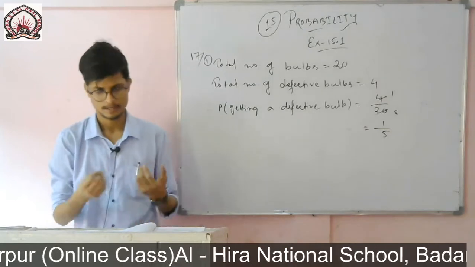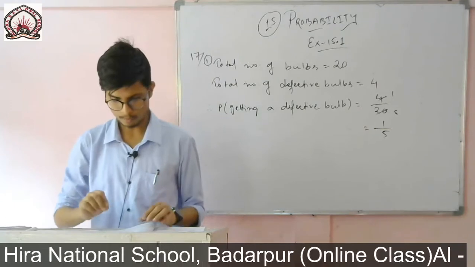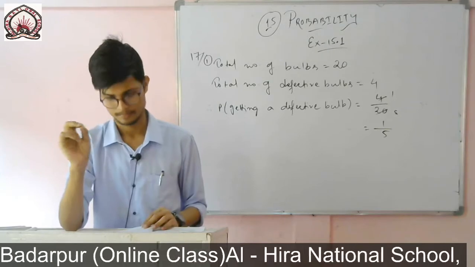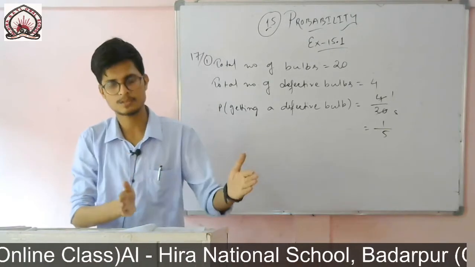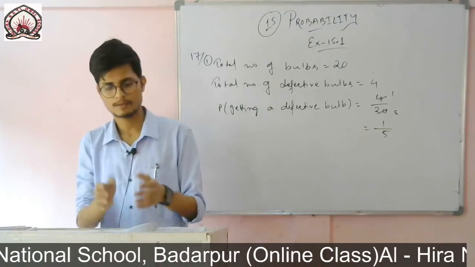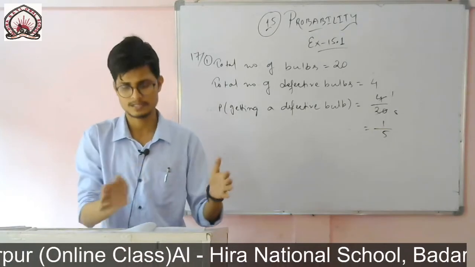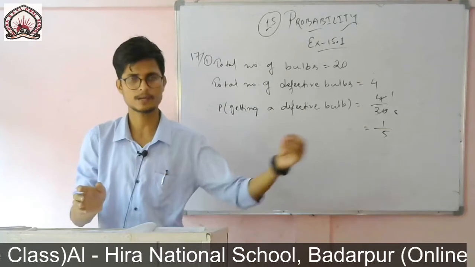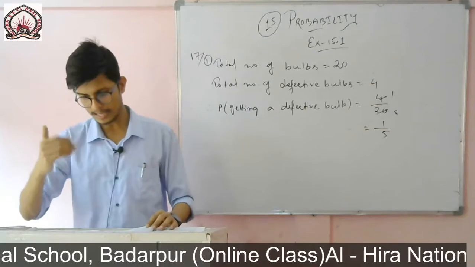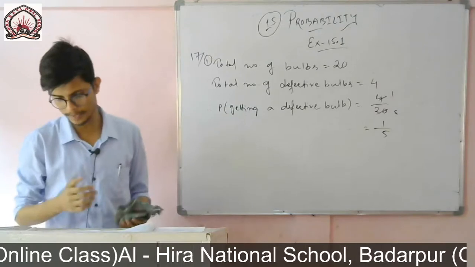So in Roman number 1, there were 20 bulbs. Out of which one bulb is chosen and it was found that it is not defective. So I have removed this one. Leaving this one bulb, how many bulbs are left? There were 20 bulbs. One bulb I have chosen, I found that it is not defective, I simply removed this one from this set. Then how many bulbs are left? One bulb I have kept aside, so 19 left. Out of this 19 we will find the probability now. Here the total possible outcome will now become 19.